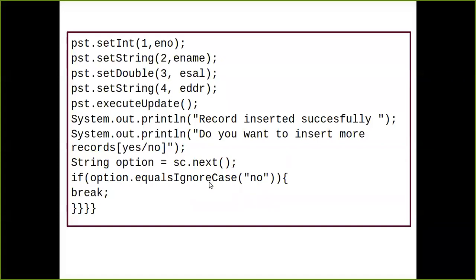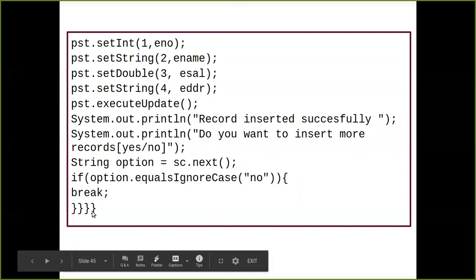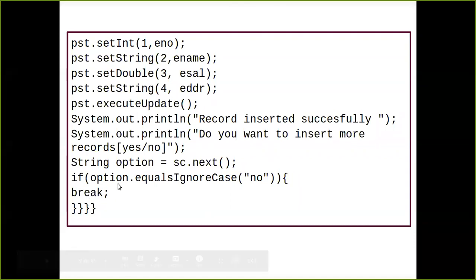Again it is going to accept the four values, again putting into the servlet, fetching the data from there, the insert statement will get fired, and then it comes back to your database where the executeUpdate is going to get invoked, and the second row is going to get filled. If at any time the user says no, then it is going to have a break statement, so it will come out from there. So this is the whole program.